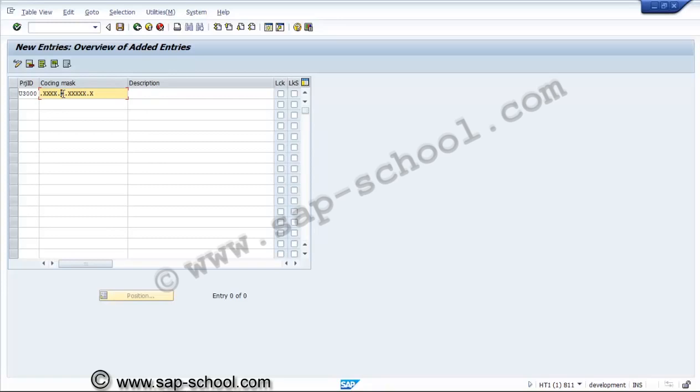So we have to decide initially how the coding mask should be. So the next character we are keeping for the purpose of size of the project. Then we can consider asset type or the direct coding of the packages. So we have considered here 5 more characters for the purpose of